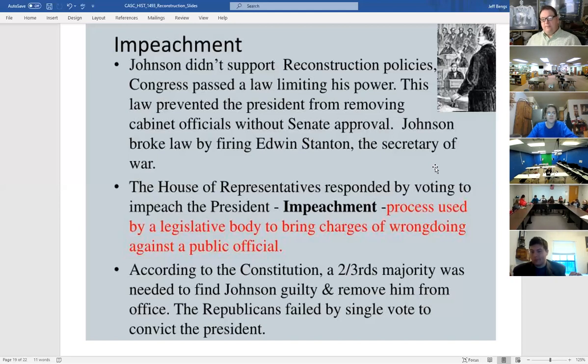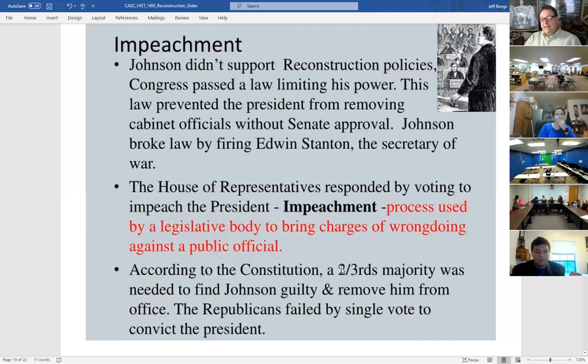The House of Representatives said, aha, here's our opportunity. And so they impeached him. They sent their impeachment articles to the Senate, Congress, or the Senate, sorry. I'll try not to confuse you, but Congress is one of the branches of government, and we have two houses in it. We have two chambers, sorry. The House of Representatives and the Senate. Impeachment always starts in the House, and if they vote to impeach, then it goes to the Senate. So they sent it to the Senate,